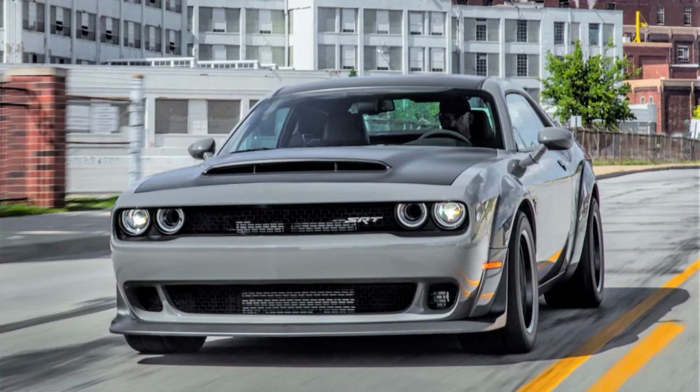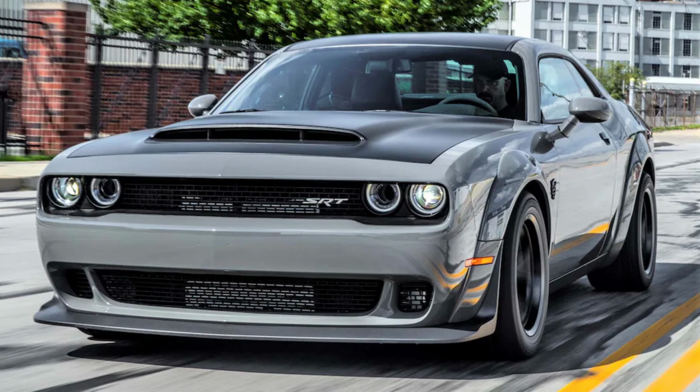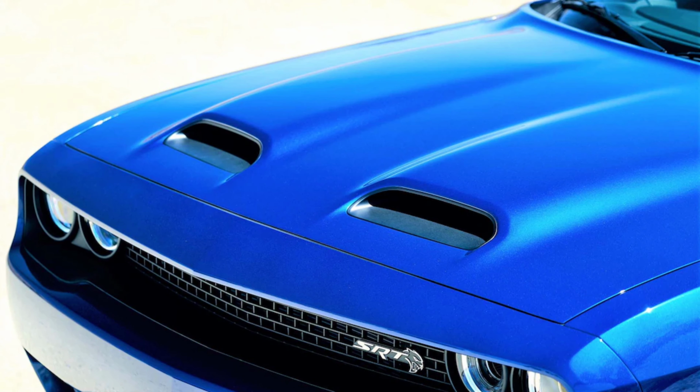If you happen to be old enough to remember, you or your family could go to your local Dodge dealership and not only order one of its muscle cars, but also order one with parts from other trims. Especially if that dealer happened to be operating a drag race team. The closest things in modern times are the Jailbreak versions of the 2022 model year Charger and Challenger SRT Hellcat